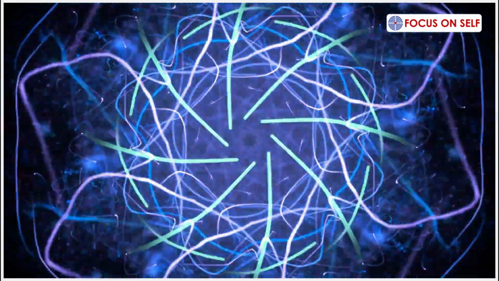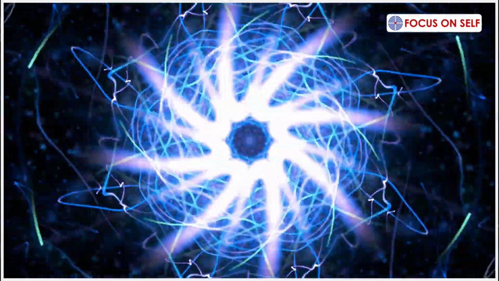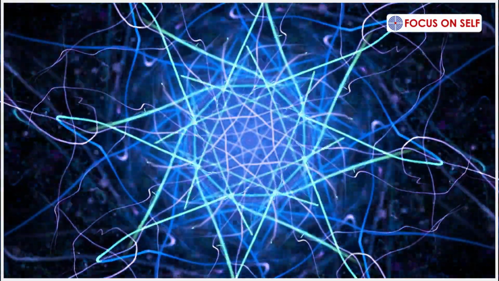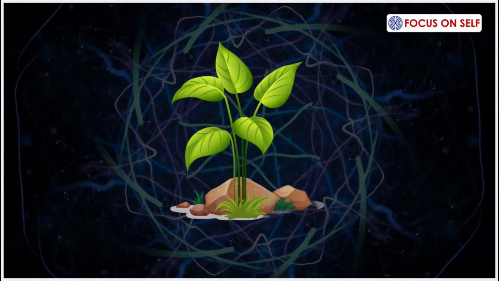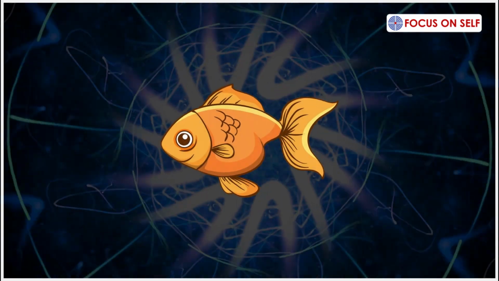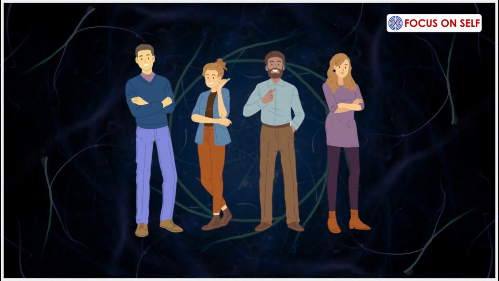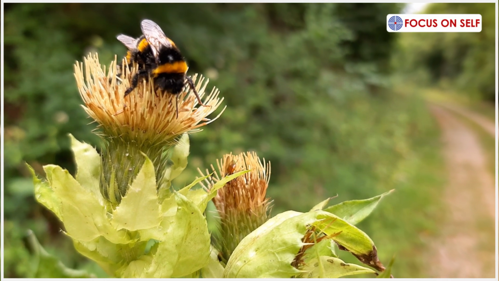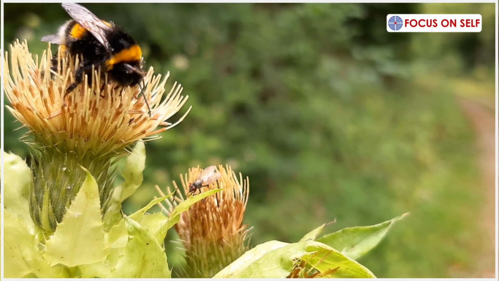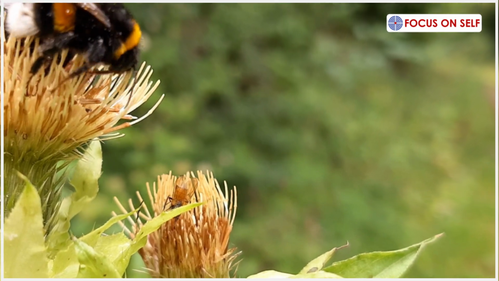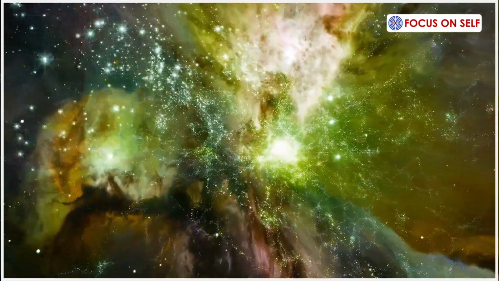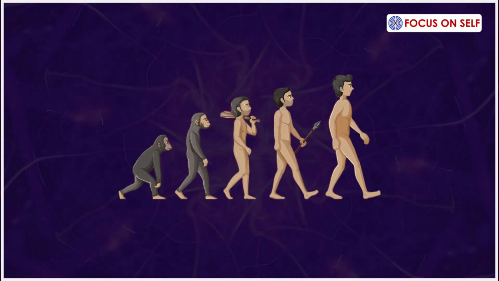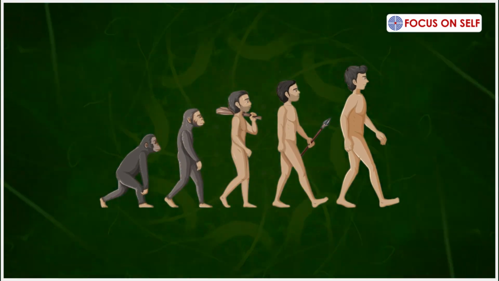Modern science says everything in this universe is made up of atoms that are packed with rapidly moving energy particles. So, energy is common in tables, plants, amoeba, fish, elephants and humans. But still there is a big difference between a table and a plant. The plant has life thanks to a thing which has been recognized as intelligence or spirit. Because of intelligence inherent in all living beings, from amoeba to humans, they can utilize beneficial factors in their environment